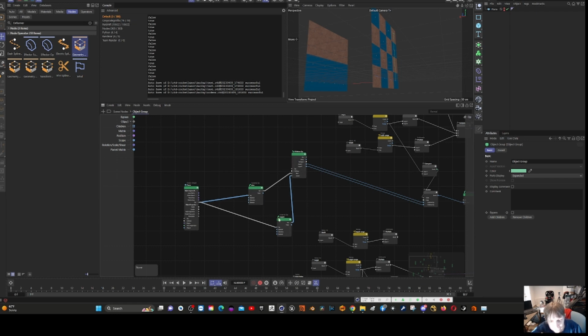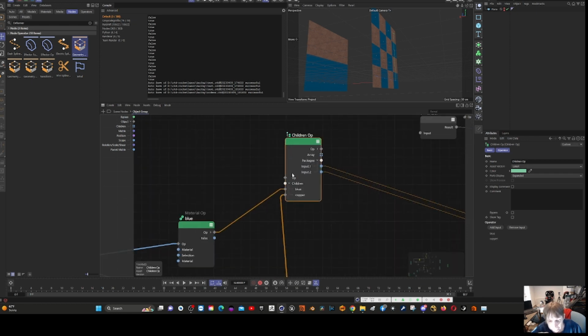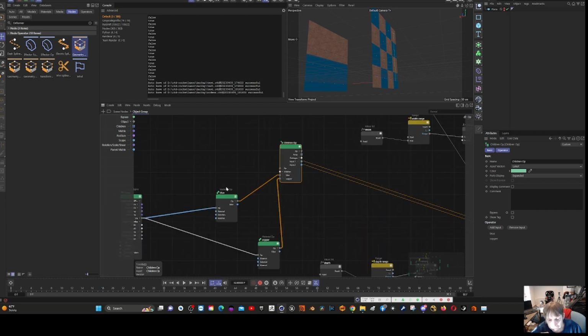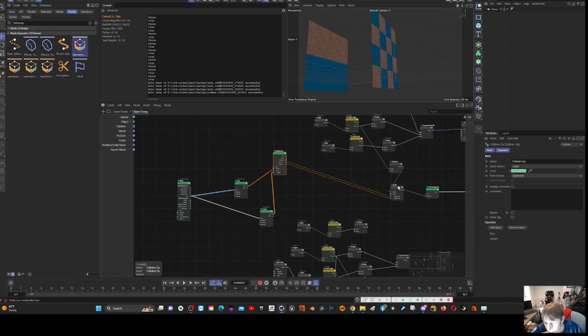One had a blue material, one has a copper material. This children's op is critical because it allows the material, this plane that's now these ops, to get passed to